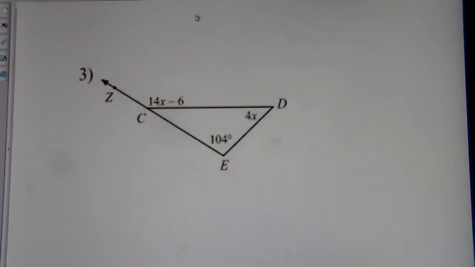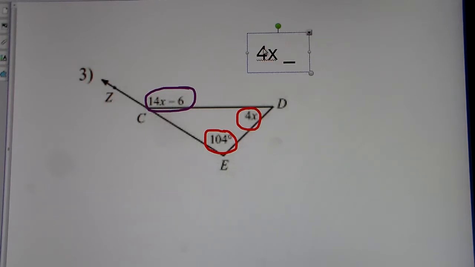Number 3. Our exterior angle is this guy right here, 14x minus 6, because that's on the outside of the triangle. And our two interior angles, the inside of the triangle, are located here and here. That's 4x and 104. So we say 4x plus 104